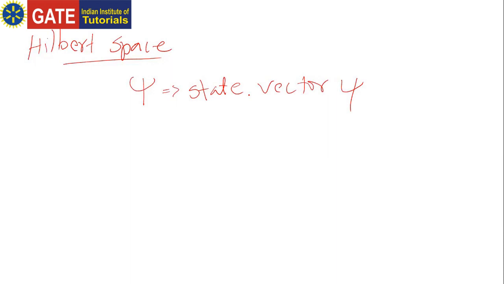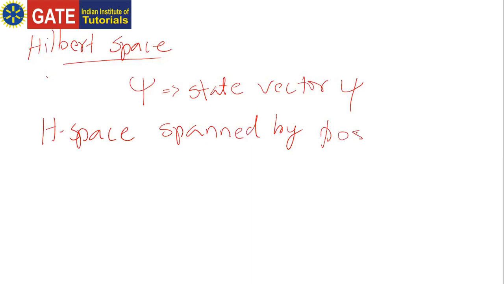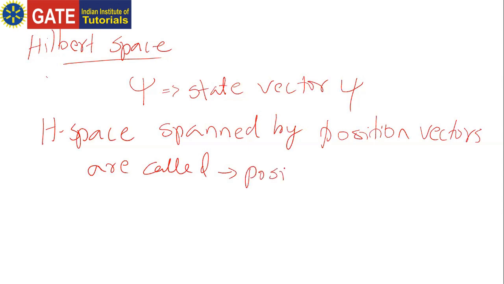A Hilbert space spanned by position vectors is called position space. No need to learn it by heart. A Hilbert space spanned by position vectors is called position space,